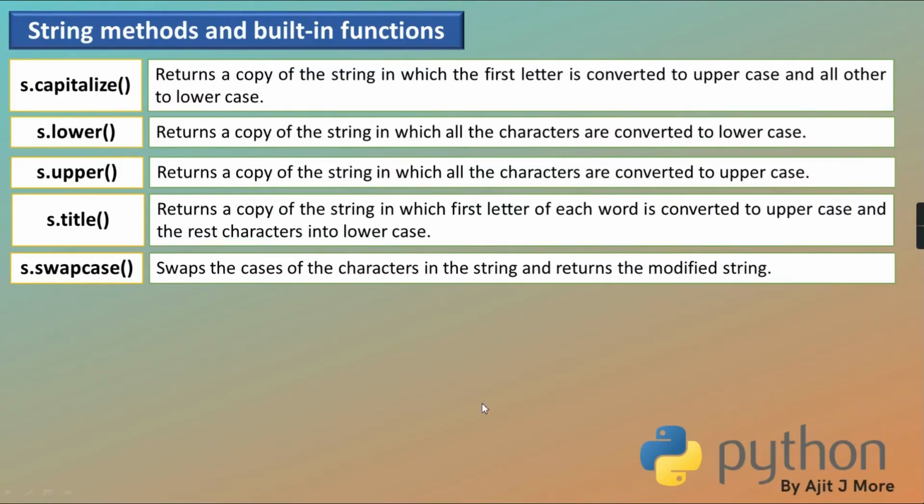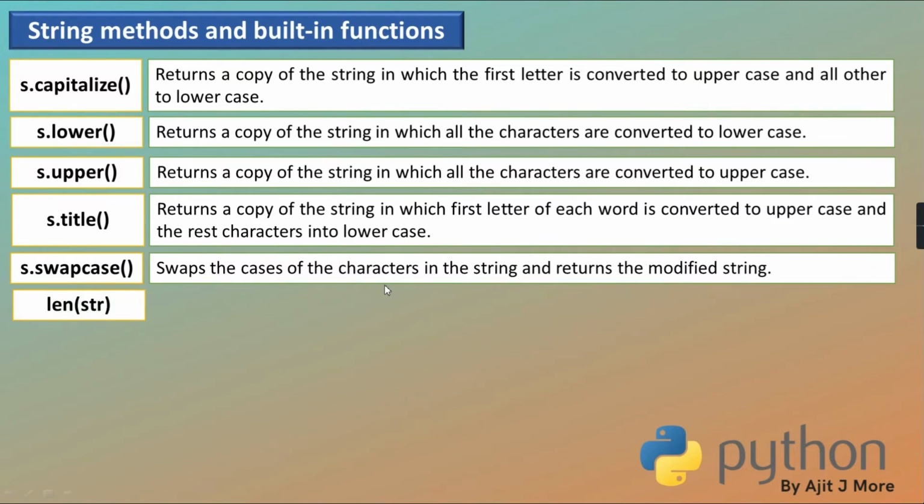These are all methods. Why are they methods? Because to invoke them, we need an object of the string class. As we need an object of the string class to invoke them, they are methods, right? And when we don't need an object to call a function, then it is a built-in function. Okay. So some built-in functions are there, like len.